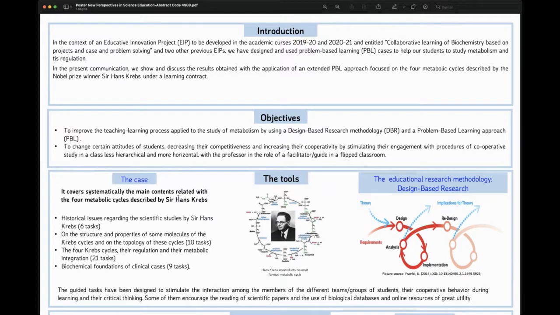The case that we have designed consists of 6 tasks related with historical issues regarding the scientific studies by Sir Hans Krebs, 10 tasks related with the structures and properties of some molecules of the Krebs cycles and on the topology of these 4 cycles,